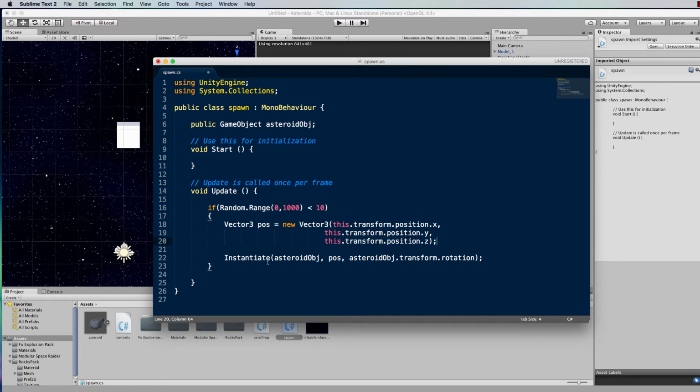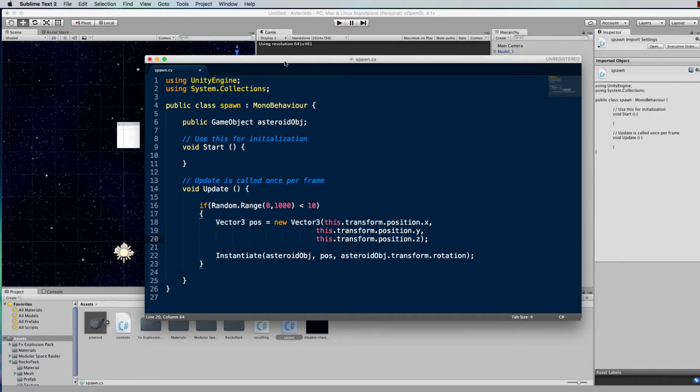Now I am instantiating inside the update loop, which is a big no-no as far as processing heaviness goes, and we probably should use an object pool, but I'm not going to in this case because it's really quite a low level game and it's not very processor heavy. But if you're going to have a very fast game, then this is not the way to go, and we are going to destroy the asteroids later, so there won't be a lot of instantiating going on. And I'm lazy, so this is the way we're doing it here. So let's just save this,